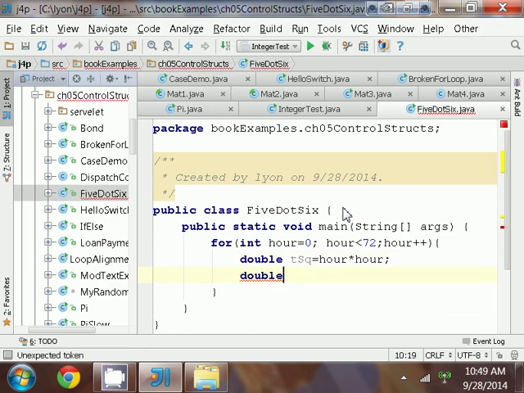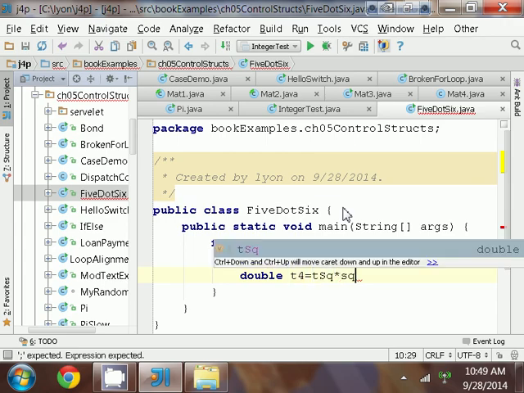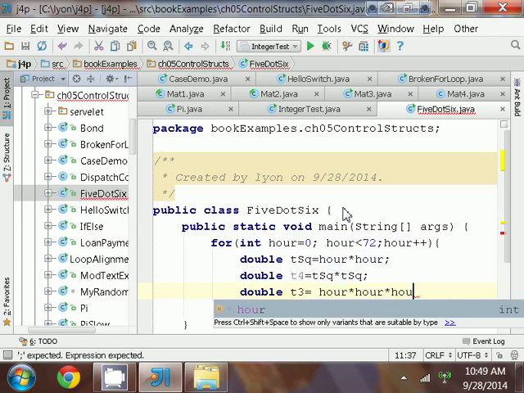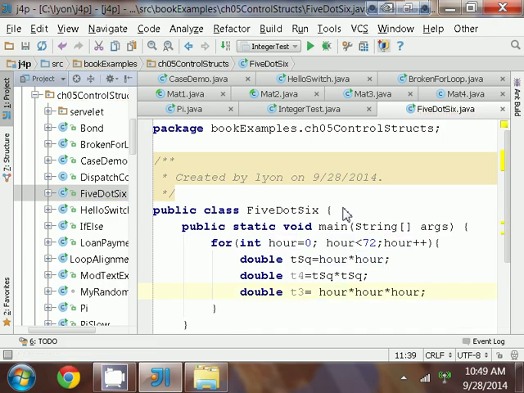And now he wants also t to the 4th, which equals t squared times t squared. That should be t to the 4. And I also need t to the 3. So double t3. And that'll be equal to hour times hour times hour. That's fair. And now he says altitude is equal to